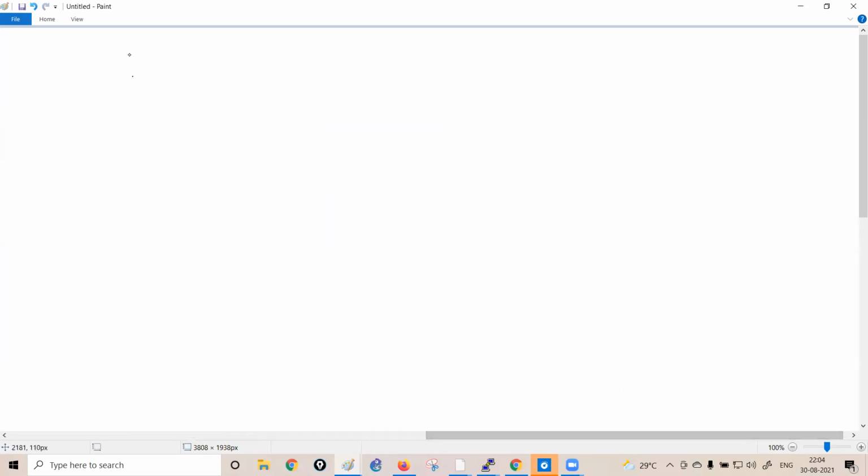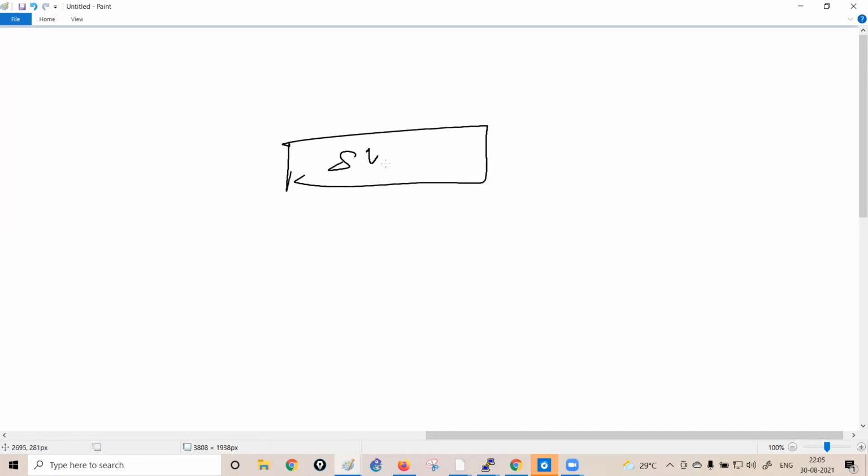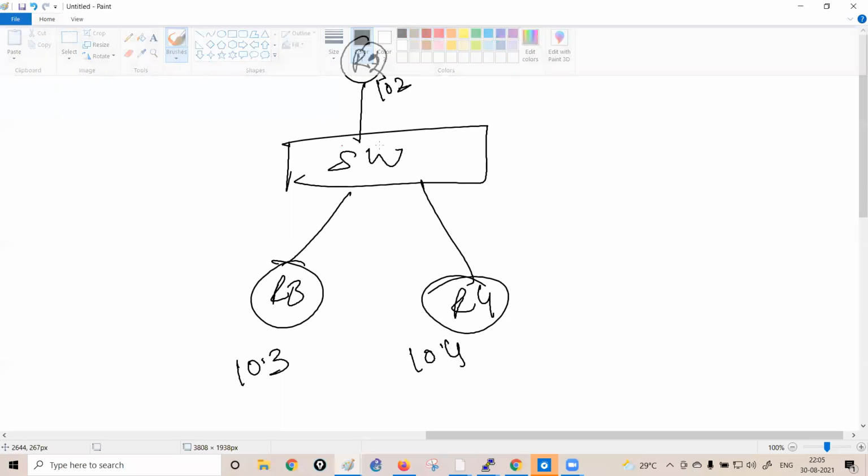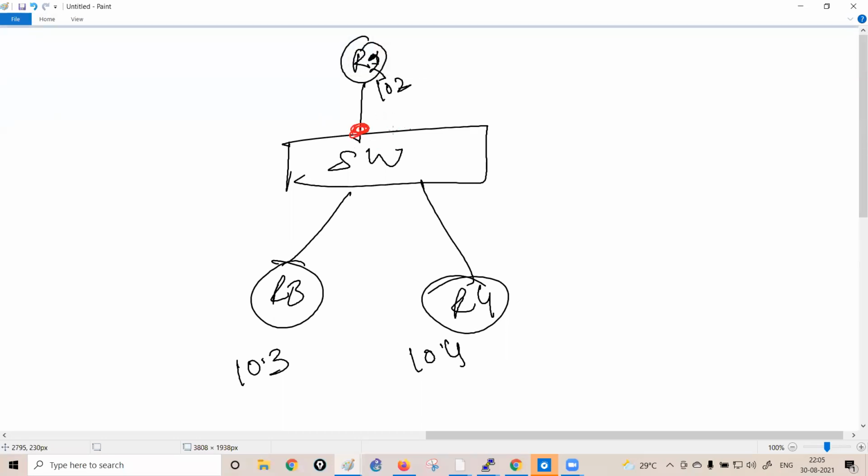So we are going to conclude this practical. I'm going to have a switch. I'll take a router R1 or R2. I'll take another two routers, basically R3 and R4. I'll configure them with these IP addresses 10.3, 10.4, and this router will be configured with the IP 10.2. Fine. So what I'm going to do, I will configure this particular port of the switch